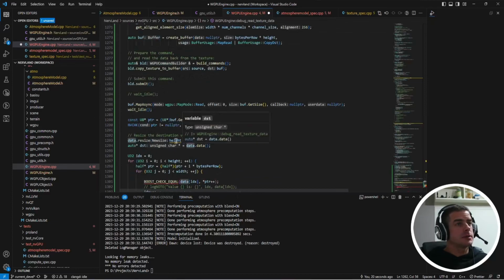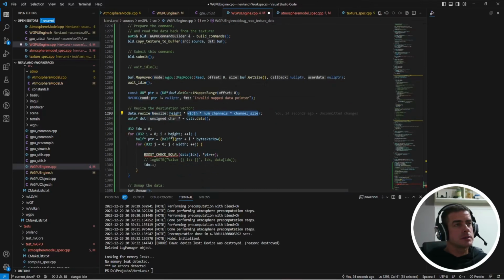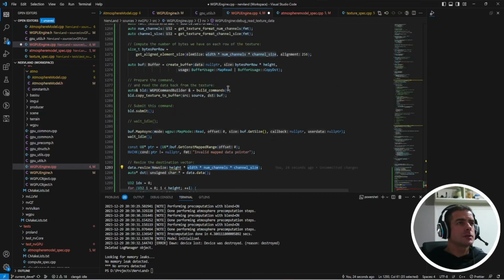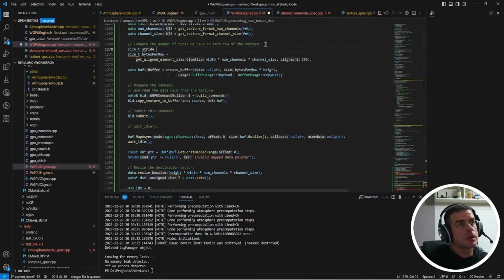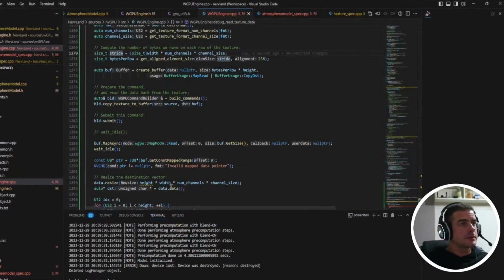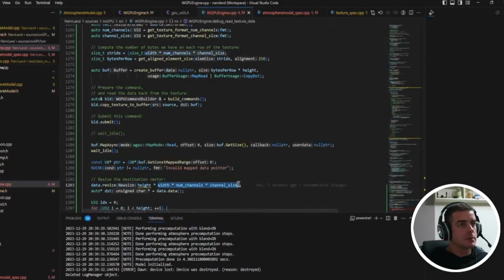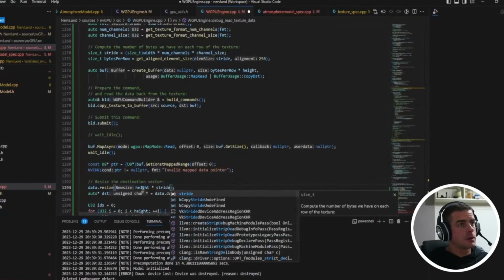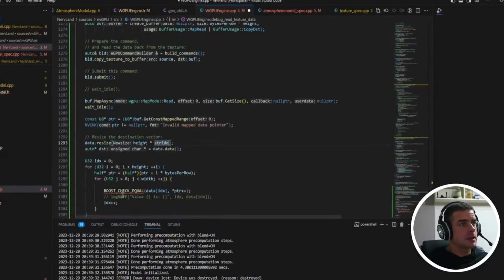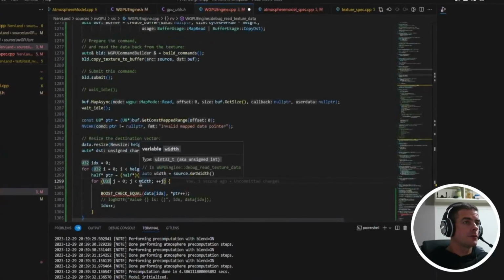So to resize that, we need to use the full size of the texture. And now I'm also realizing that I'm going to need this, and I'm going to need it again here when I do the copy operation. So maybe I could just give this a name, and I could just maybe say size_t stride is this value. Alright, once we have this stride value here, which is multiplying the height value by the stride here again, and next for